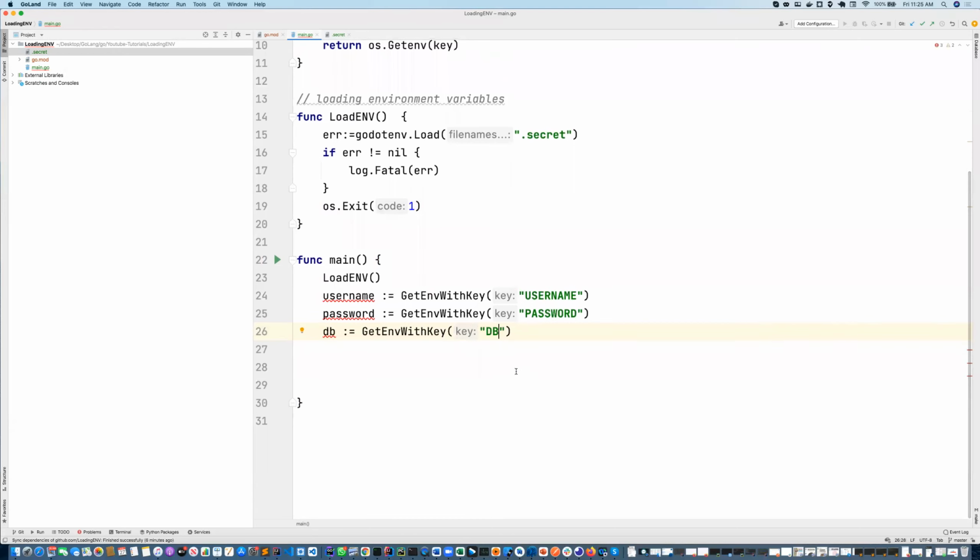DB. So now we're going to print all these variables. So we're going to say fmt.Print, and then we're going to say username, and then you want to concatenate it with a dash, and then we say password,